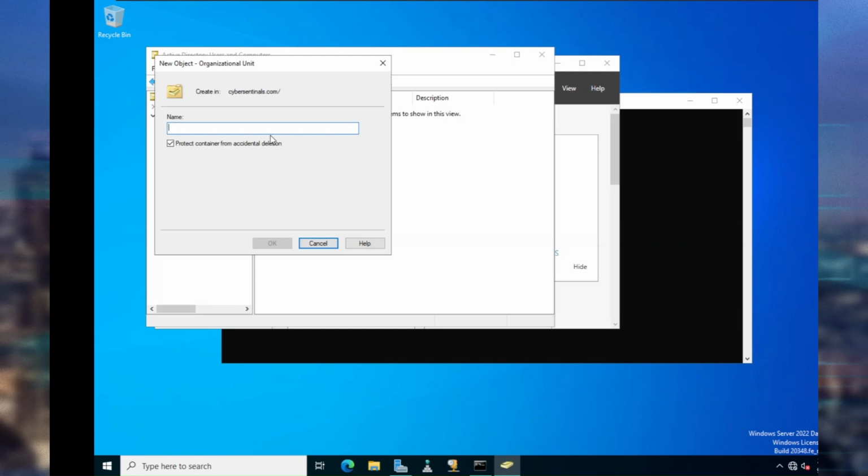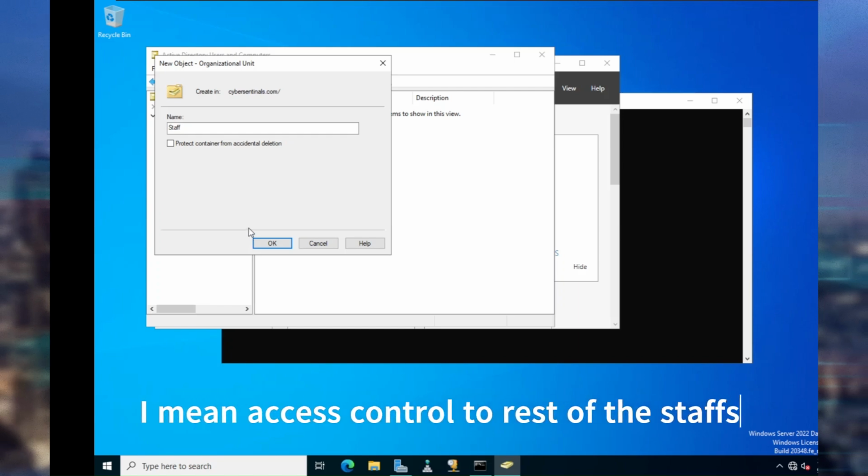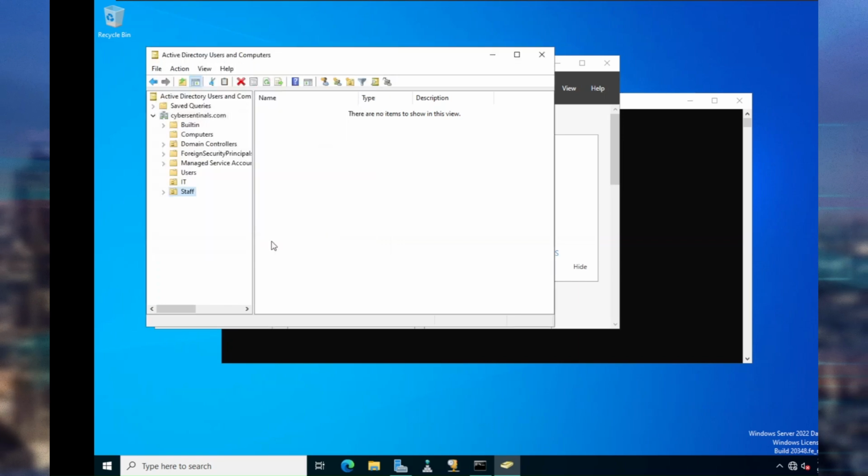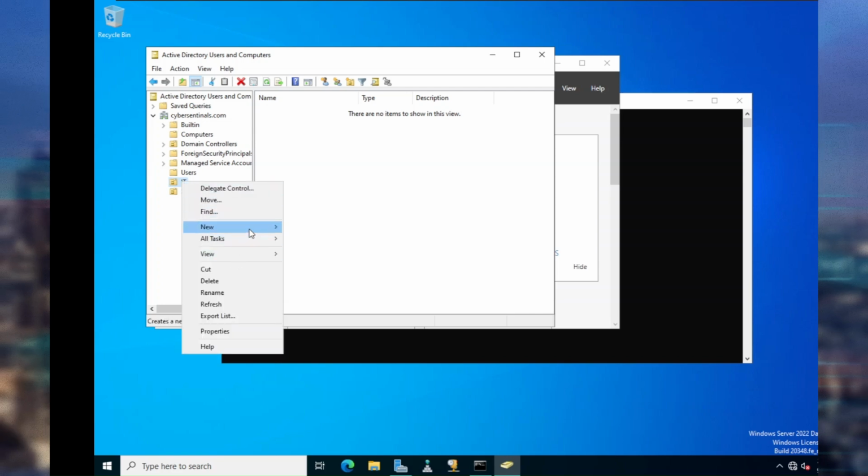So first one is for Batman, and second, let's say staff. So for all the rest of the staff, we give one user authentication to give the access control. So in this one, IT and staff. So with IT, what I'm going to do is new